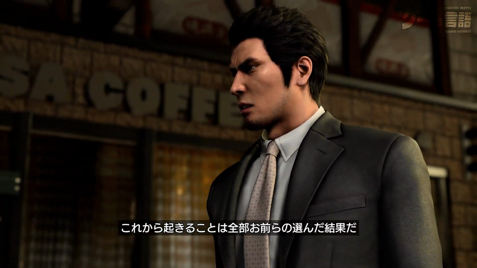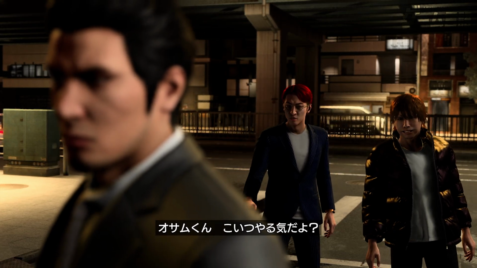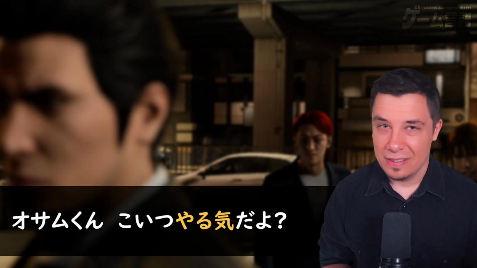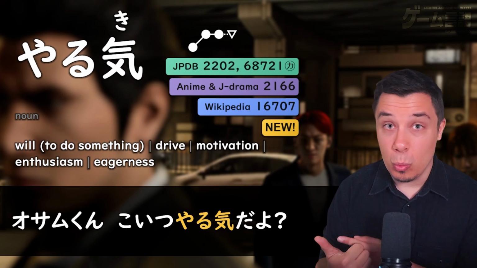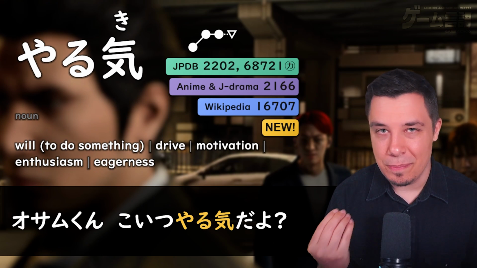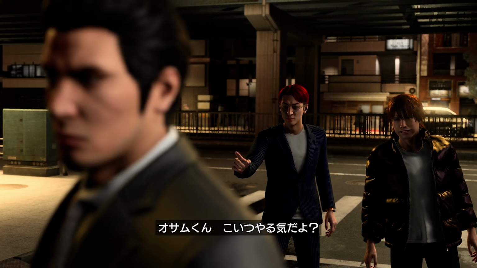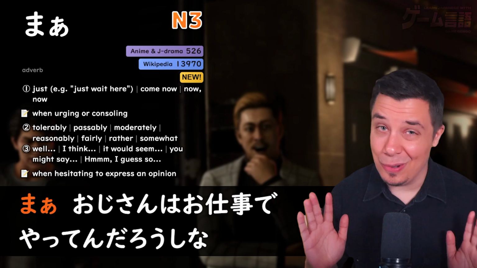これから起きることは全部お前らの選んだ結果だ。おさむくんこいつやる気だよ。Well, the redhead guy's a bit impressed. He says, Osamu-kun. So, hey, Osamu-kun. Koitsu, this guy, referring to Kiryu. And then, yaruki dayo. Literally, yaru is to do. Ki is like a feeling or an intention. As we can see here, the will to do something when put together. Yaruki. So, eager, enthusiastic. Da then stating to be. And then yo kind of pushes that information. But he's a bit uncertain. He's like, hey, look. So, Osamu-kun, this guy's up for it. おさむくんこいつやる気だよ。まあおじさんはお仕事でやってんだろうしな。